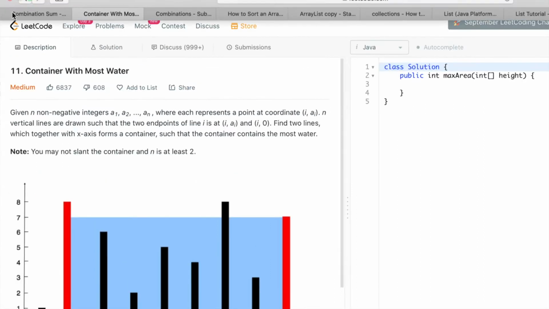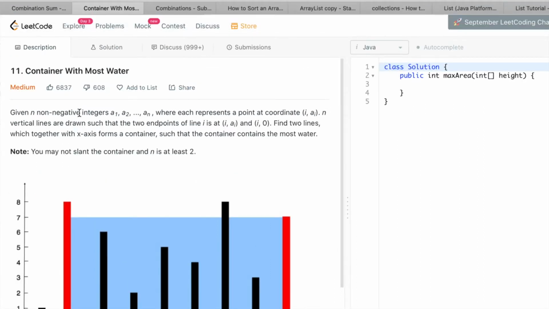Today we are going to see a problem called container with most water. Let me read the question. Given n non-negative integers a1 to an, where each represents a point at coordinate (i, ai), n vertical lines are